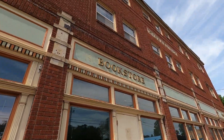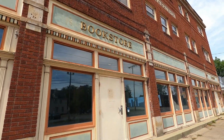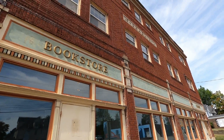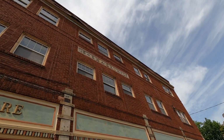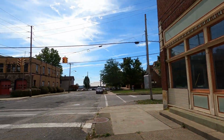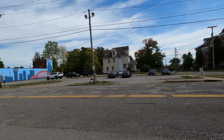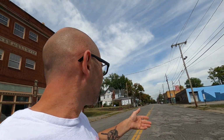Dorian Books. Dorian Bookstore. What a cool place. 1925 is what that says up there. Very cool. Now that building over here, we'll walk across the street because we'll go check out that mural over there as well. This whole area too, I don't know what you want to call it. This is a really cool spot that I hope people use more than what I think they do,